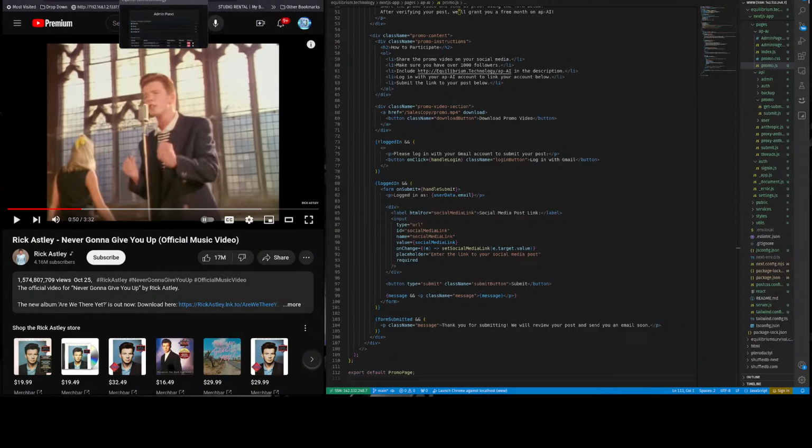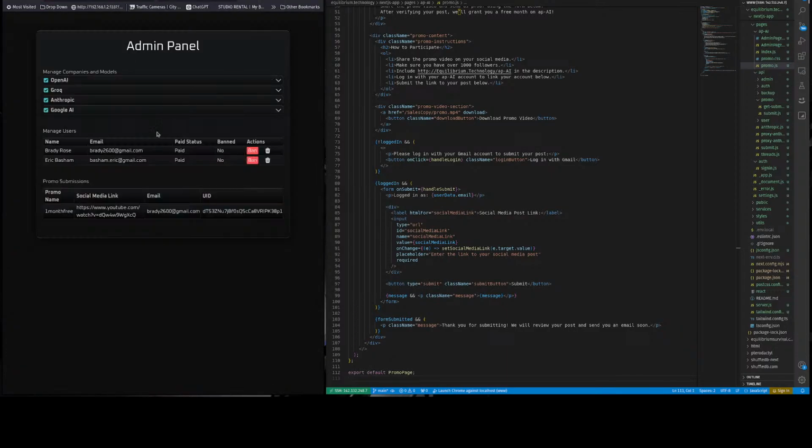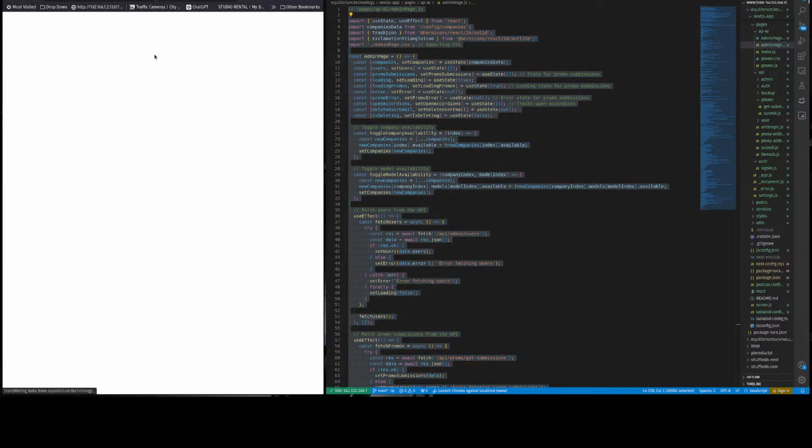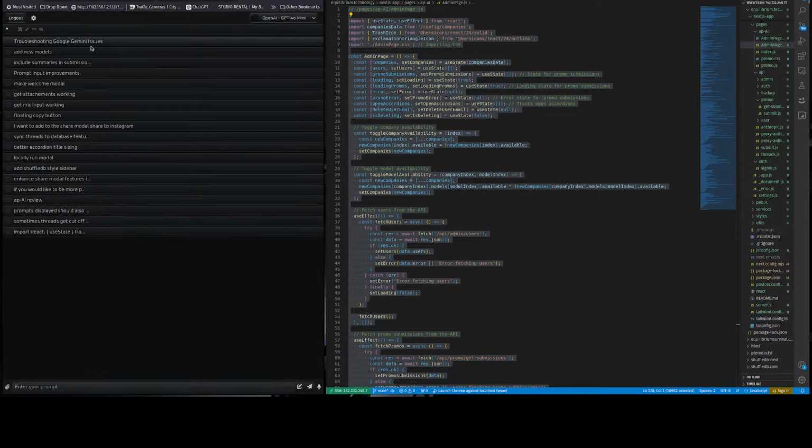And we're also going to want to add to the admin panel the ability to remove, add a delete button to each one. So this is the admin page, so let's... okay, so